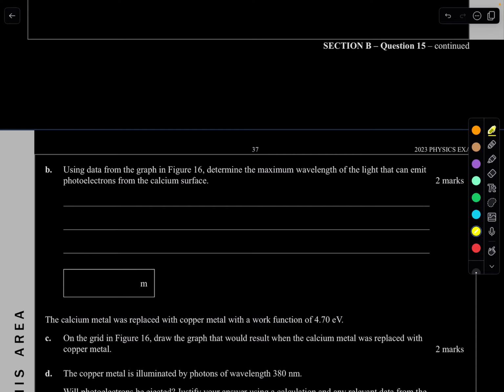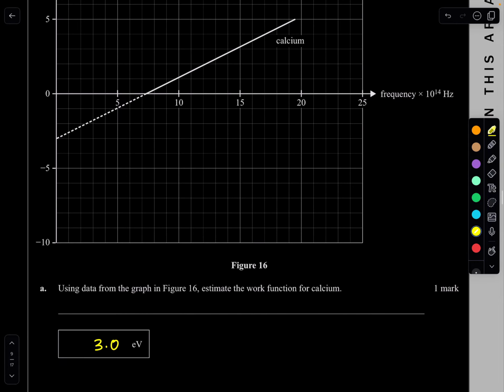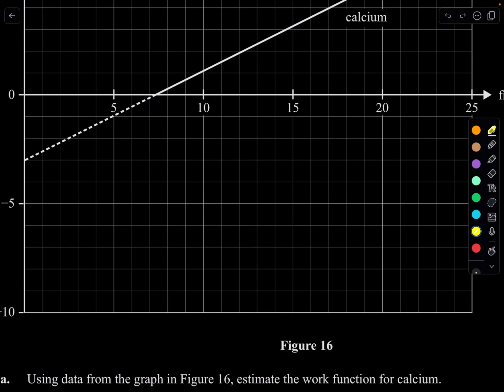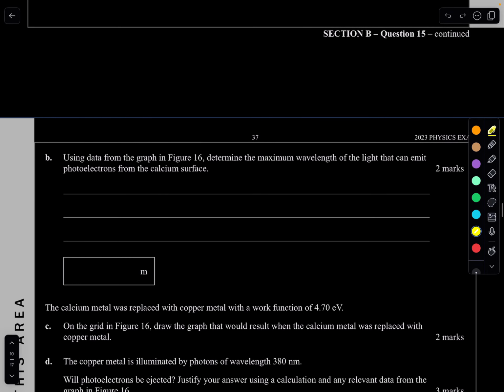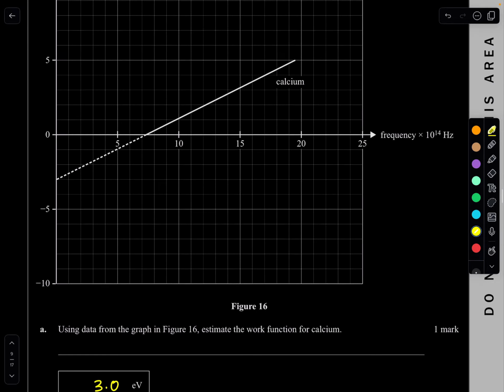Using the data from the graph in figure 16, determine the maximum wavelength of light that can emit photoelectrons from the calcium surface. Easy. To determine that, all you need is the threshold frequency. So let's estimate the threshold frequency here. We can see that's at around 7.3. So if your threshold frequency is 7.3 times 10 to the power of,